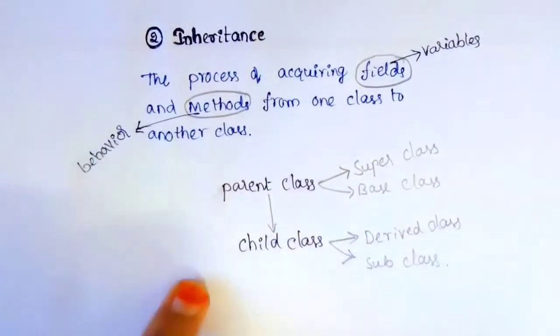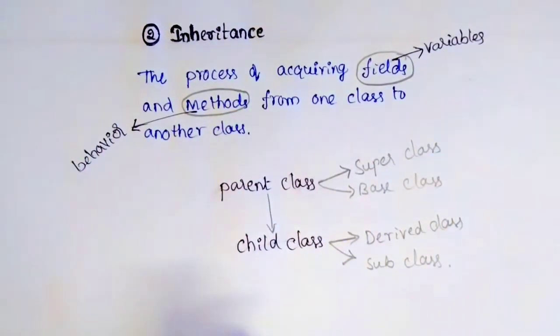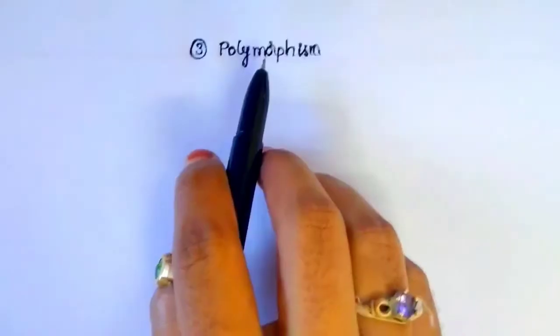It is inheritance. There are some types in inheritance like single level, multi-level, hybrid level. But here I am discussing only the basic part. What is inheritance, what is class, what is polymorphism. Those are OOPS concepts. We are just discussing what is what. We'll discuss in depth in further videos.